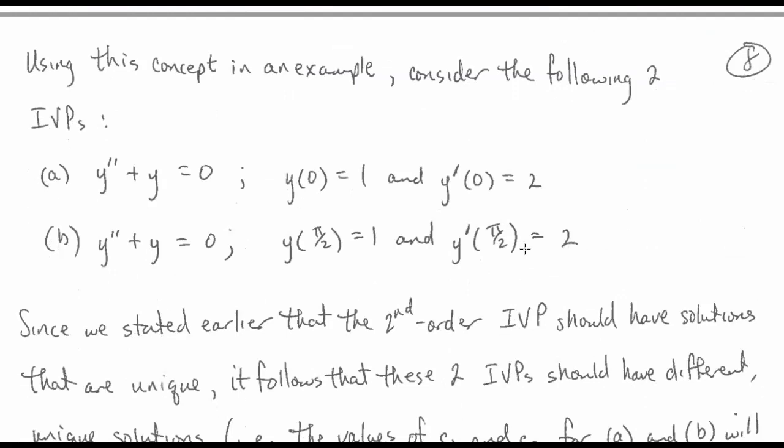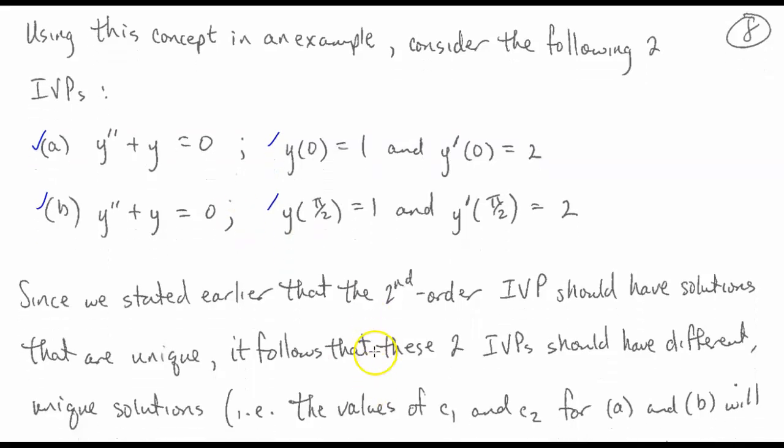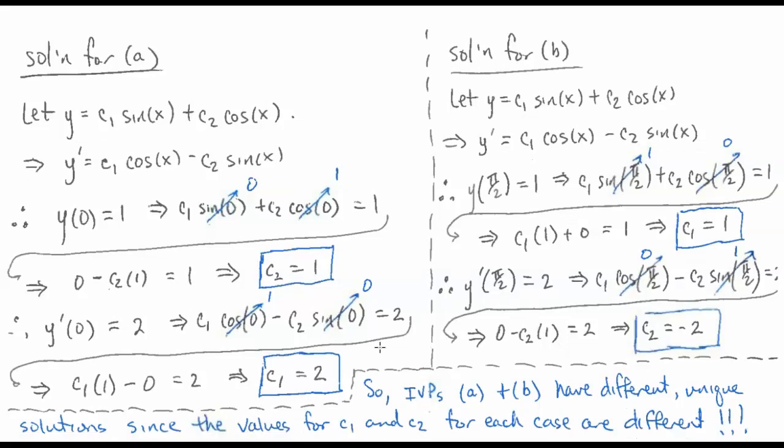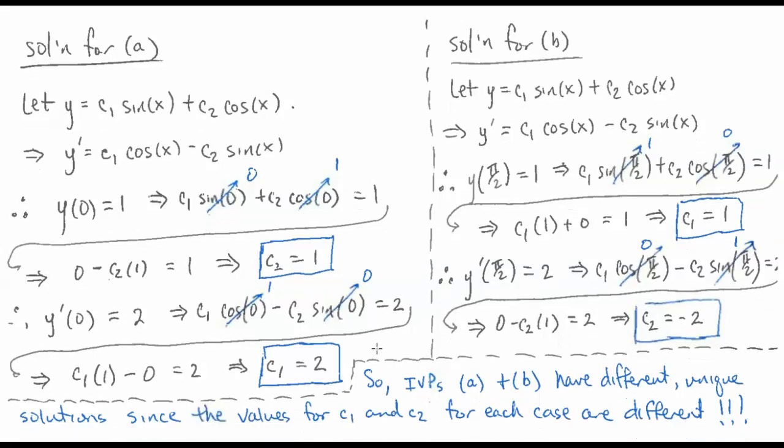All right, so to see this concept in action, I am going to look at the same differential equation that we considered in the beginning of this video, and we're going to look at it for two sets of initial conditions. And what we're going to see is that each set of initial conditions is going to give us a different variation of a theme on a linear combination of sine and cosine, okay? And so I'm going to skip down and just show this. So when we have this situation here,